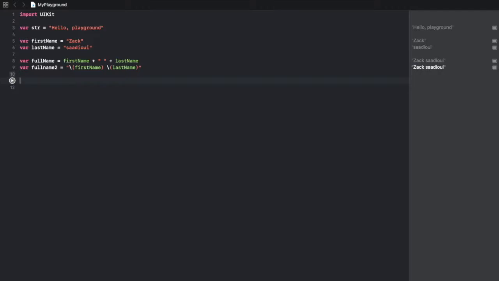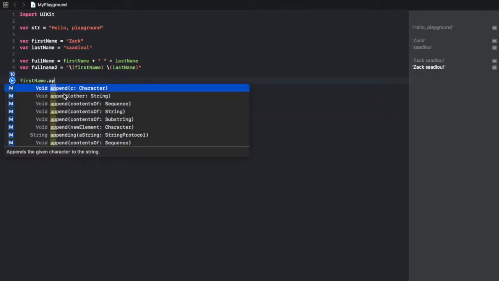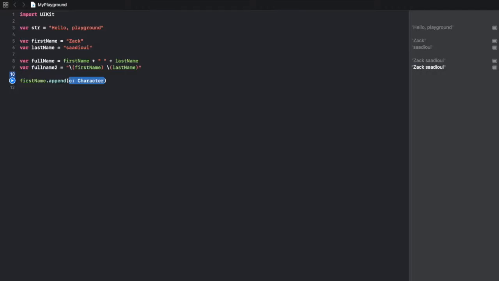We're just going to do first name dot append, and then we're going to add a space, and then last name. So that should print out the full name. Yep. But we don't want that in first name, so we're just going to make full name